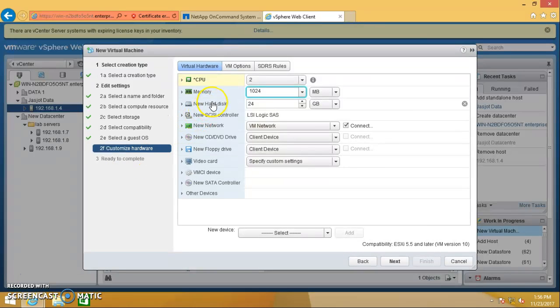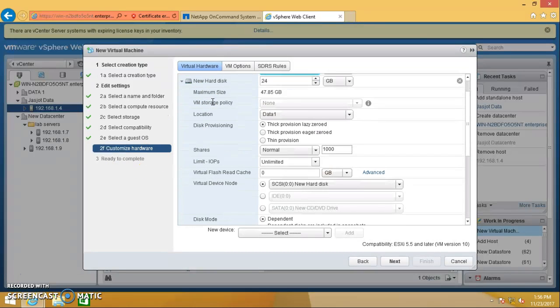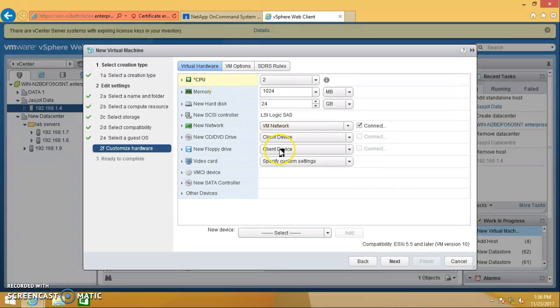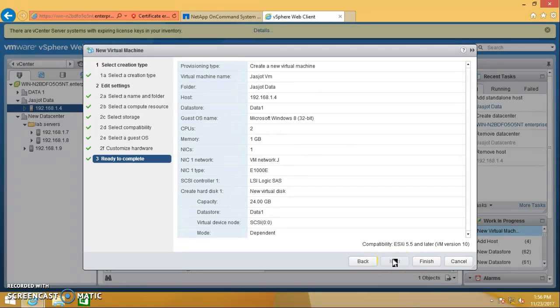Here I am just creating a VM to show you. Click on thin provisioning for the hard disk. The VM network is selected, click on next. Ready to complete, finish.